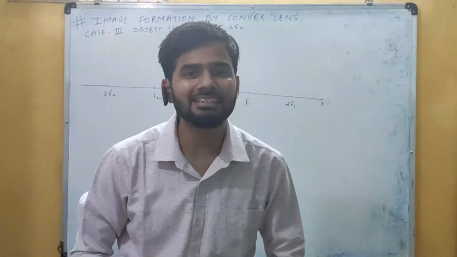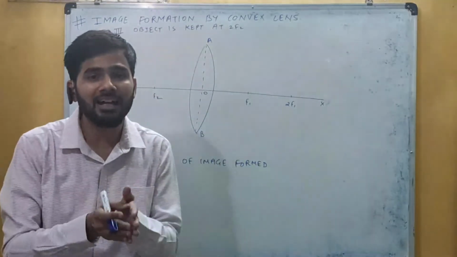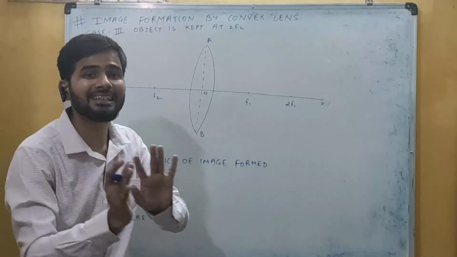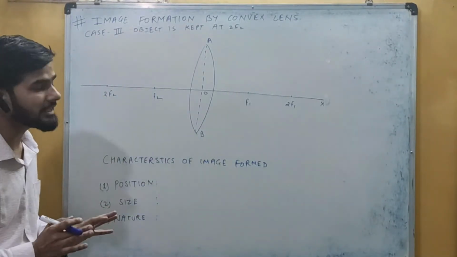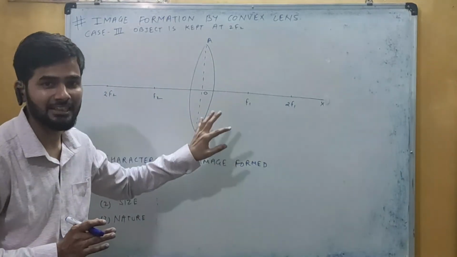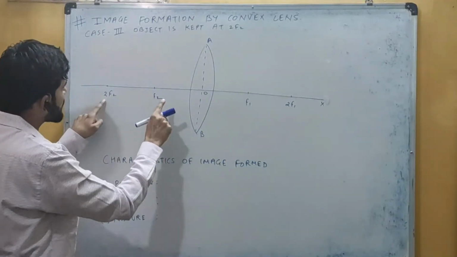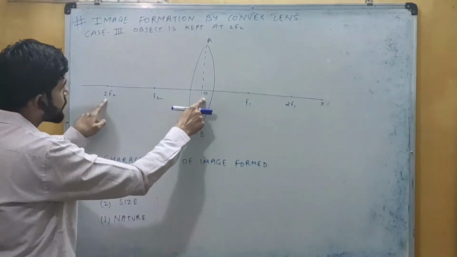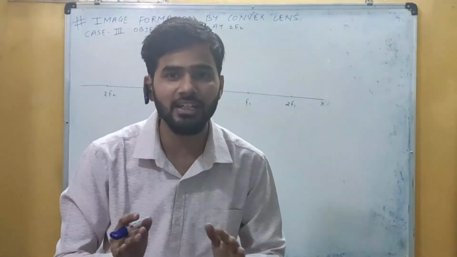Okay, now the next case is when the object is kept at 2f2. Where had we kept it just now? Beyond 2f2. Here you can see we are moving the object from infinity towards the lens. So now we'll keep the object at 2f2. Remember one thing, whenever you are marking all these points, they should be marked exactly: the distance OF1 should be equal to OF2, 2f2 from point O should be exactly twice OF2, and O2f2 should be equal to O2f1. In that case only you will get the exact ray diagrams.